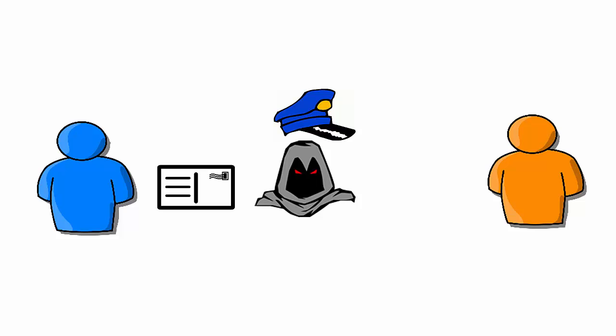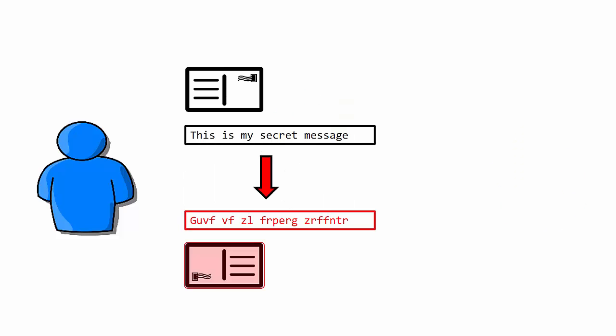So this happens in the real world with regular postcards, and this happens on the internet with packets. Any device that's in between the source and the destination can actually look at your packets and see the full contents of what they contain. So if we're interested in maintaining some security, what we can do is encrypt our message. I'll talk a little bit about how that's done. But first, let's get the picture straight.